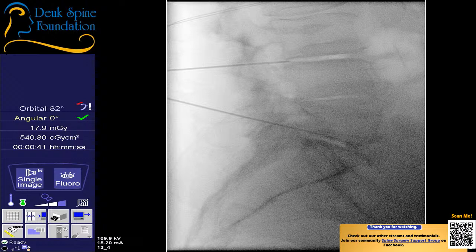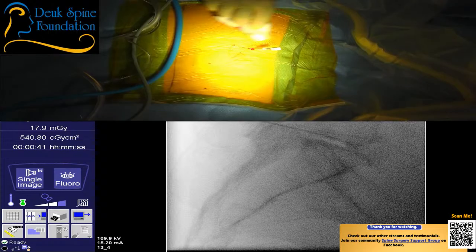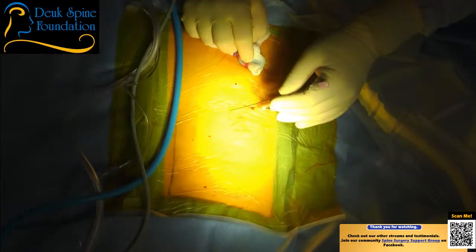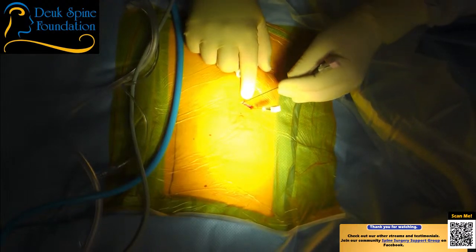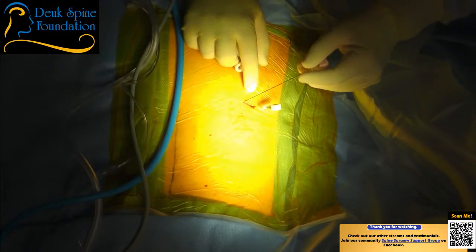So I may need to make a second incision. I'm going to try again. I'm going to try with this one. Let me have a needle, a knife. I may extend it a little more medial. The problem is the spine is curved away from me. So it's like trying to get away, but it's not, because that's her natural curve. So if I just, hold on, if I just open it a little more, I can maybe avoid having to do a second incision. Otherwise, I'm going to have to do another incision somewhere around here. Okay, so let's see if I can reach from the corner and be successful at getting all the way over,